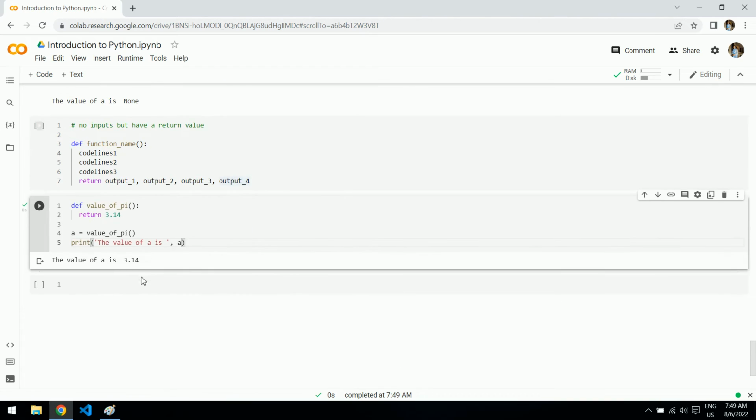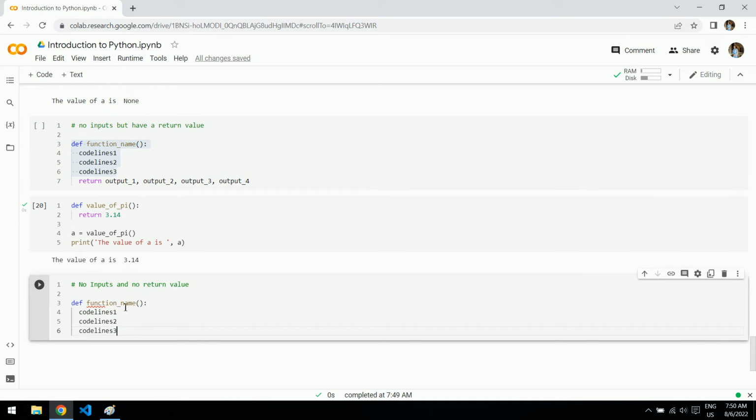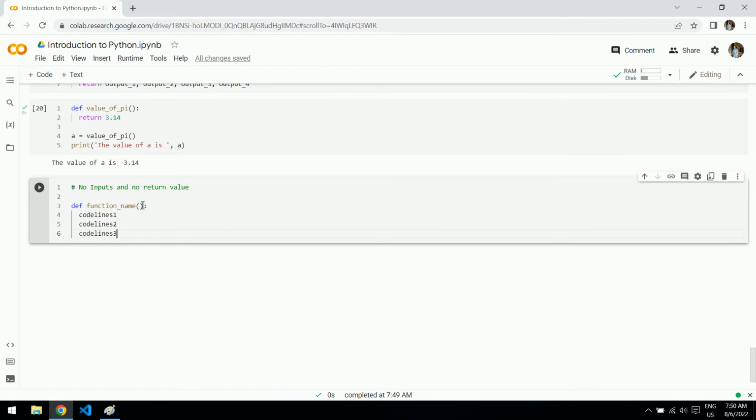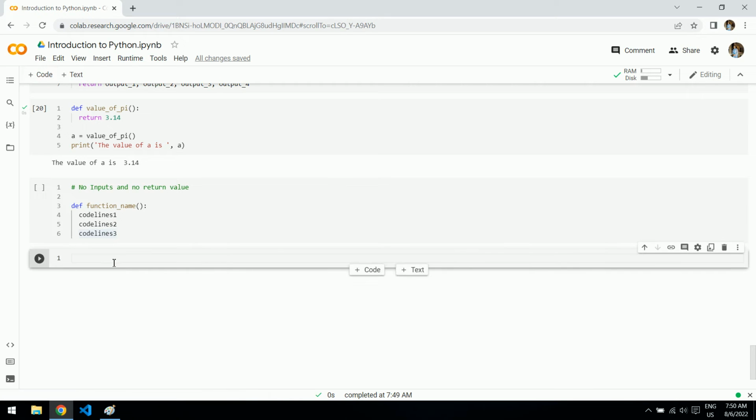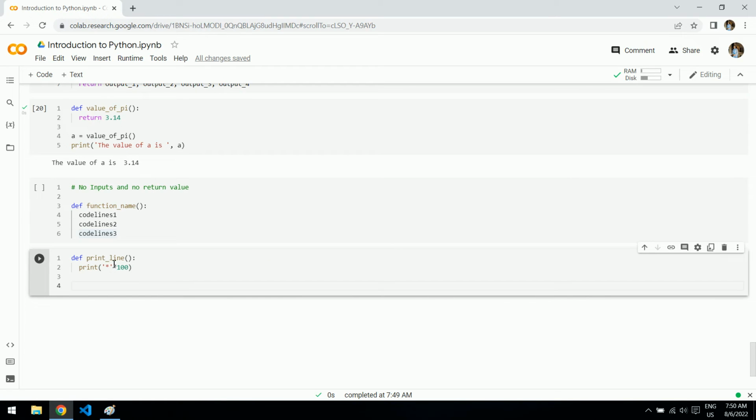And let's also see a case which has no inputs and no return value. A definition where you don't have any inputs and don't have any return value would be of this format, where you don't have any input arguments and there is no return value, which can be something like this. So print, let's say this is a format which I have printed. This doesn't have any input arguments, doesn't have any return value here, and if I would like to store this value here,